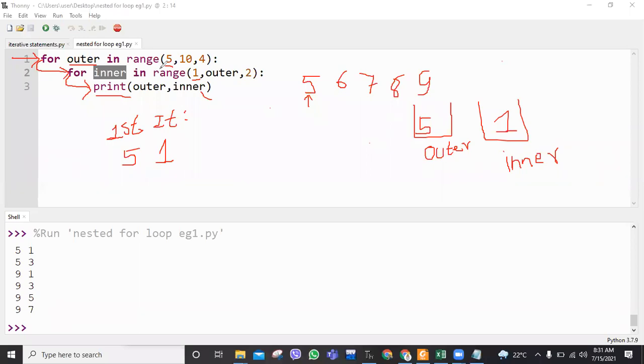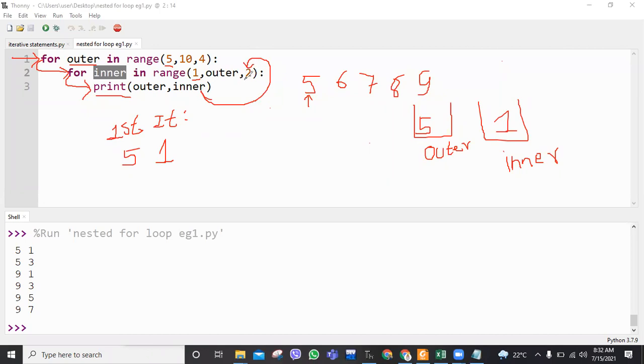What I mean to say is, at first the inner loop always gets executed completely, and only then does the outer loop move on. Just note this down: the inner loop always gets executed completely first, then only the outer loop gets executed completely. Now after this print statement, your program controller moves back to the inner for loop.